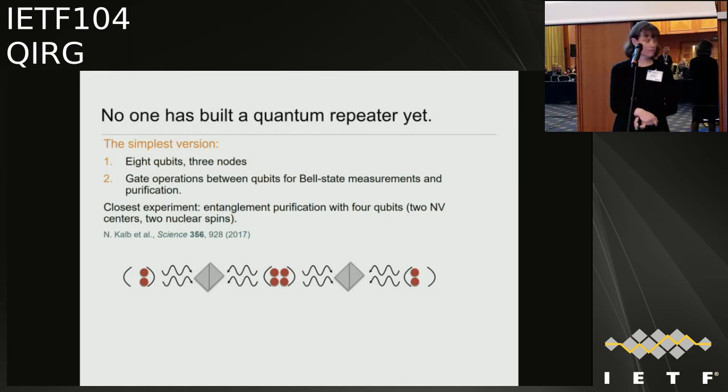But if you want to do real distributed computation, you need high 90s of fidelity, and that means not only that your hardware has to be really good for the purification that you're doing, but it also means that you wind up spending a lot of resources to do what's called tomography, to test the system to see how good it is. The better the system is, the more you have to test it to figure out what the error rate is. These are the kind of questions that people are very much interested in right now, trying to